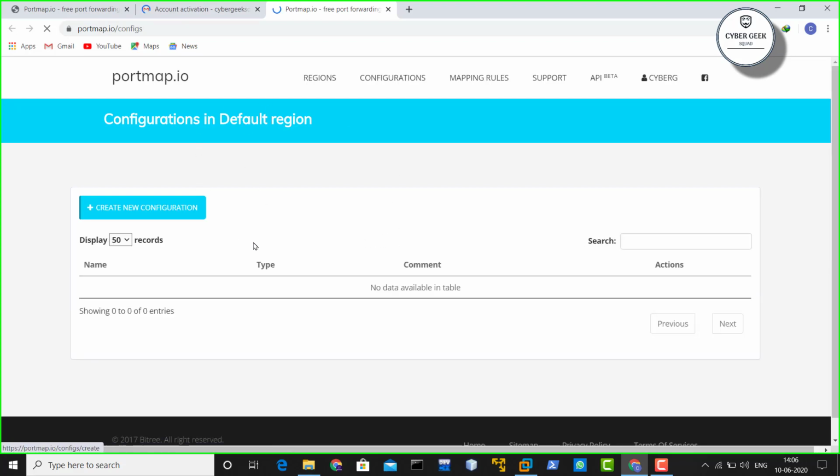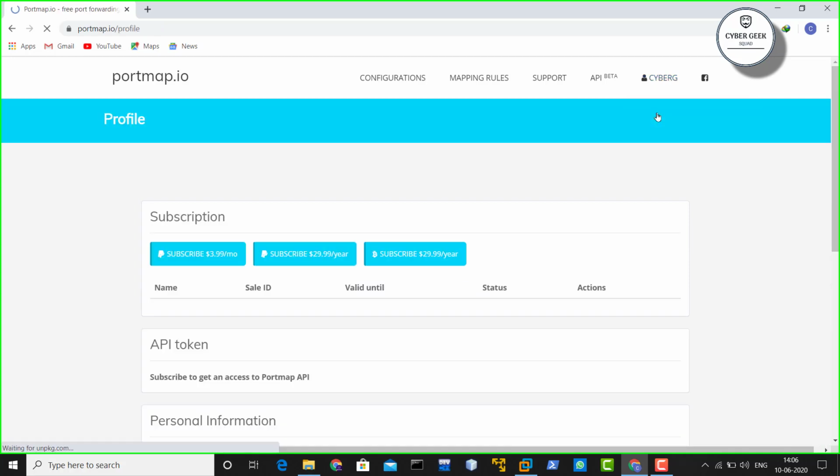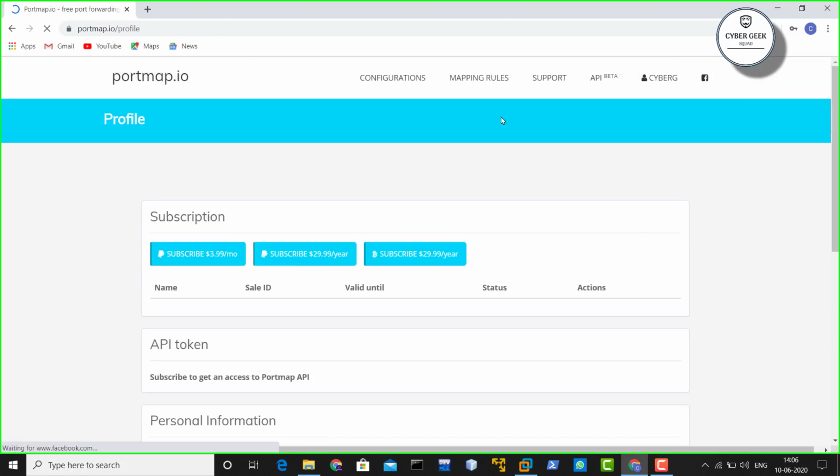So we don't have to do anything with this. Okay, if you're opening it on a mobile phone, it's much better, just simply close it. Okay, now you can see we are already here, and we just refresh it for a while just to make sure, because once you refresh it, the page will be there, and that's it. Now you can see the name of our account which is there, profile. You just go inside and see. So over here, this is our profile, but we don't have to do anything with the profile.